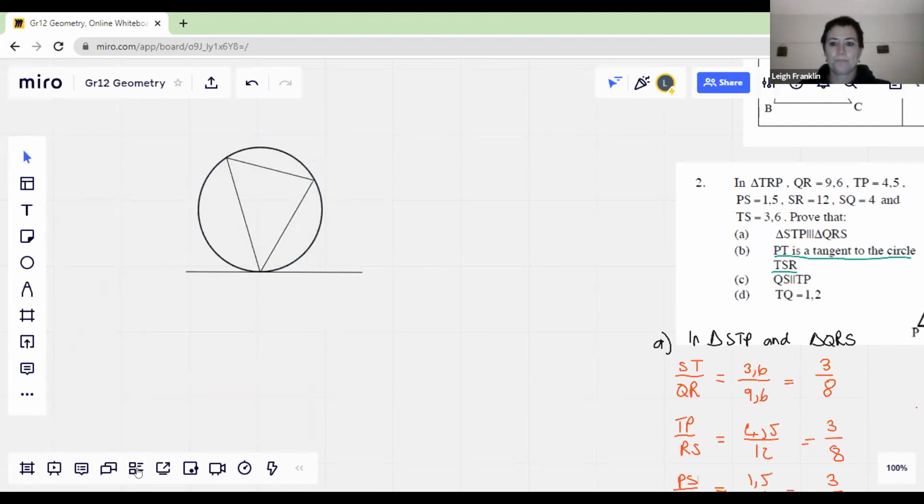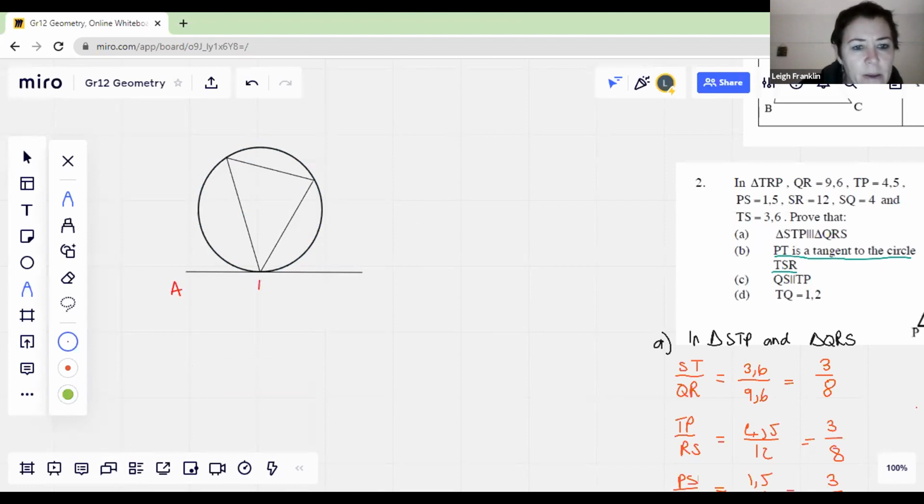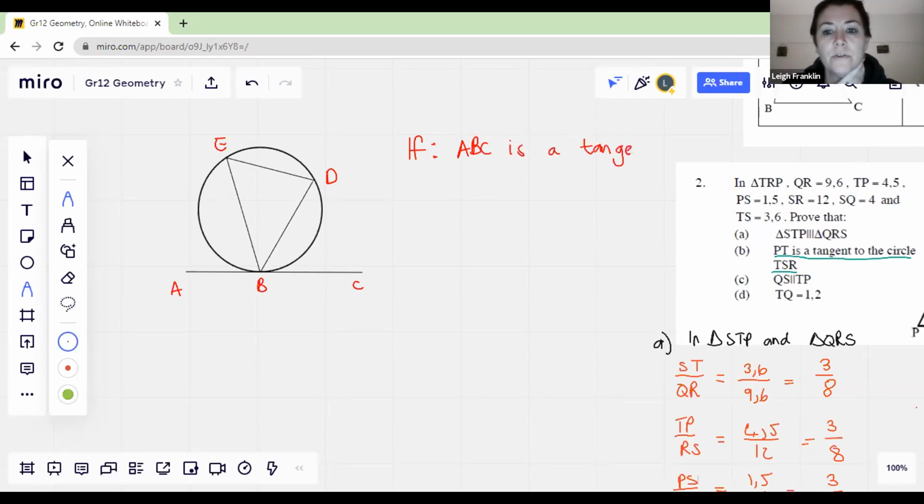Okay. So let's just give these things some names. I'm going to call that A, B, C, D, E. Okay, so if ABC is a tangent to circle EDB, then